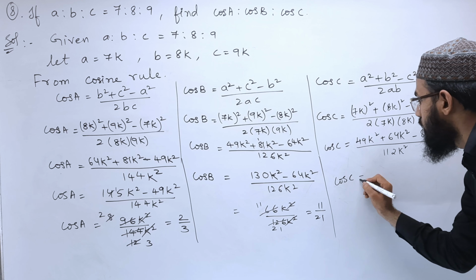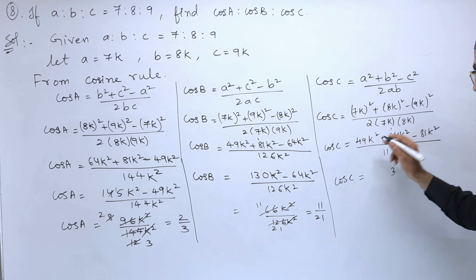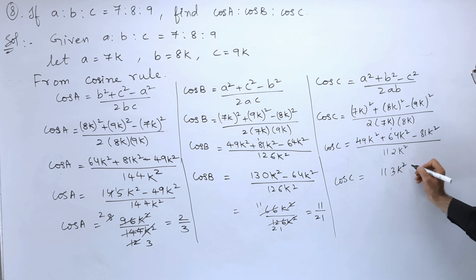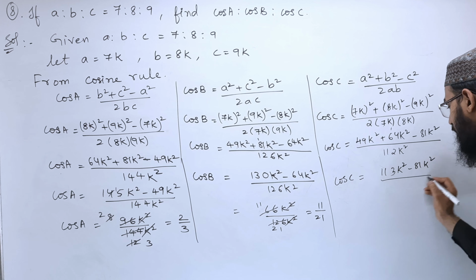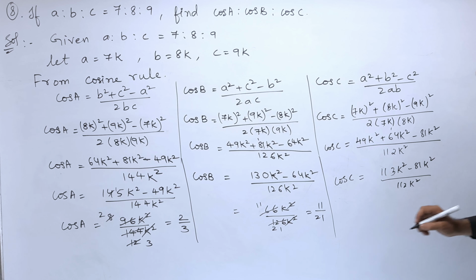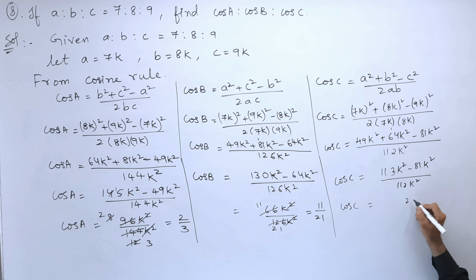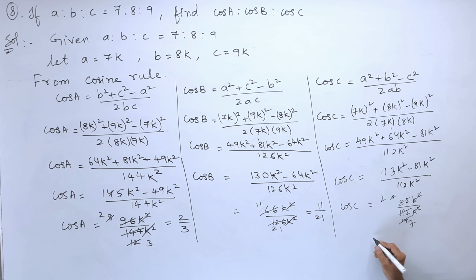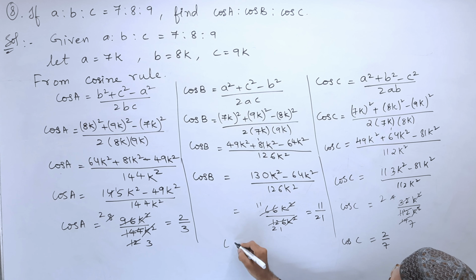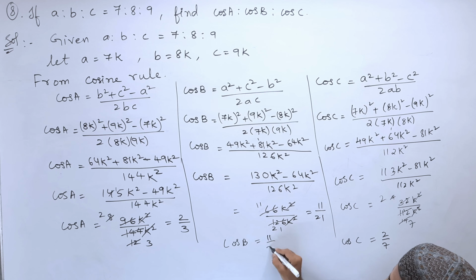So cos C = (49 + 64 − 81)k² / 112k², which is 32k² / 112k². The k² cancels. 8 × 4 is 32, 8 × 14 is 112, so 4/14 is 2/7. So cos C = 2/7 and cos B = 11/21